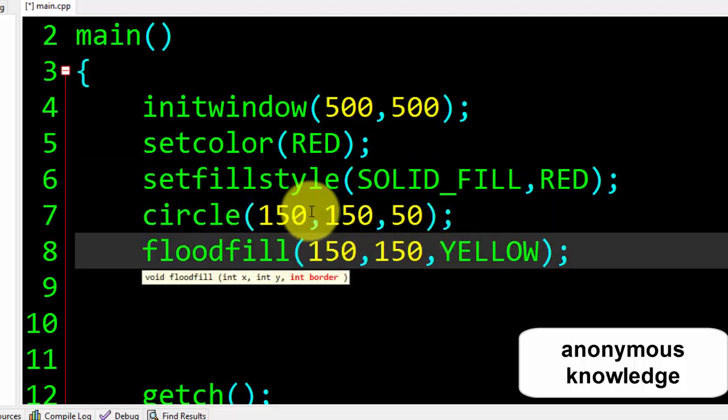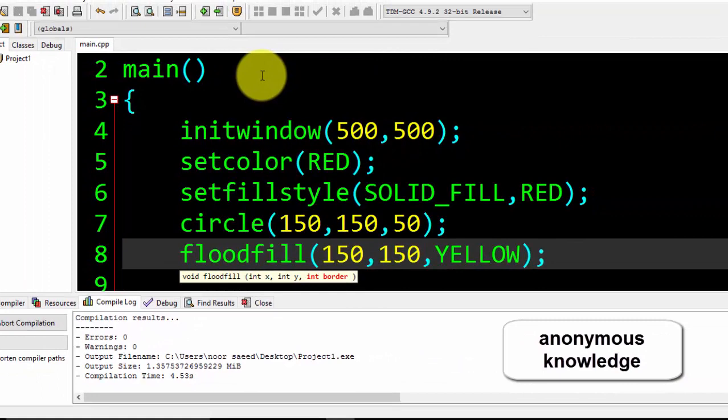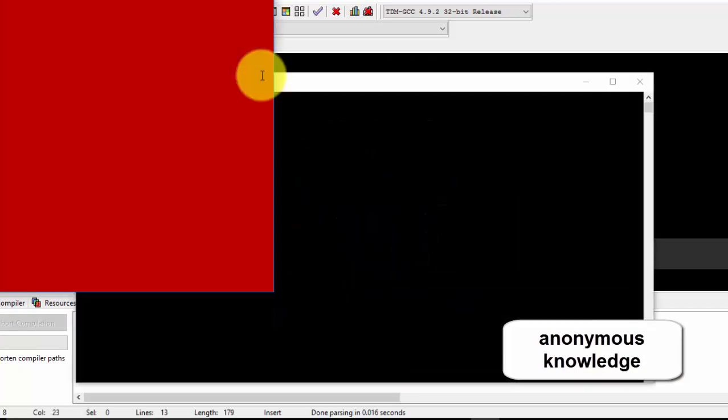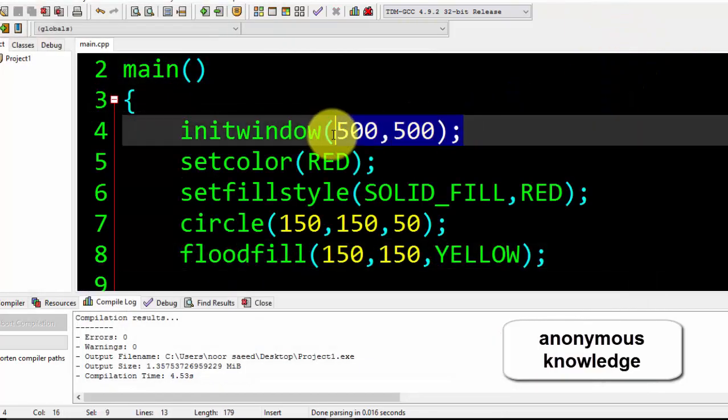If I compile and run, it will not show an error, but it will not work. Why? I will explain, but first let me show you. See, we have red color, and the red color exceeds the border of the circle and has filled the whole window, which is 500 by 500.